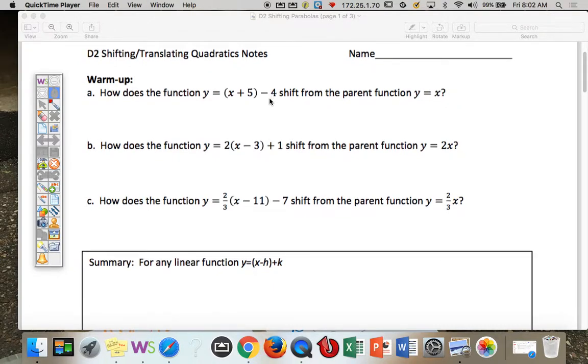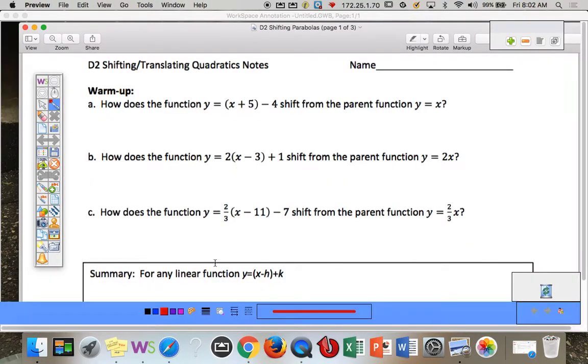Did an investigation on shifting linear equations, and we look for patterns. How does the linear function shift up, down, left, and right depending on what the equation looks like? So the warm-up is a review of that. For part A, how does the function y equals x plus 5 minus 4 shift from the parent function y